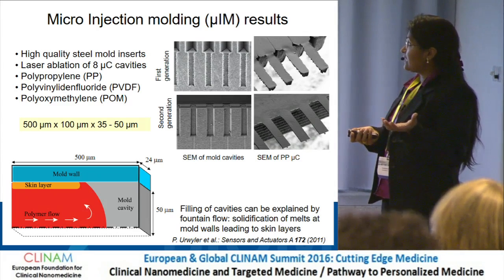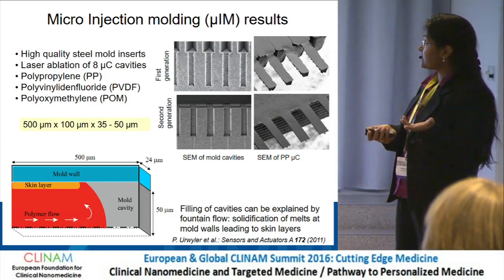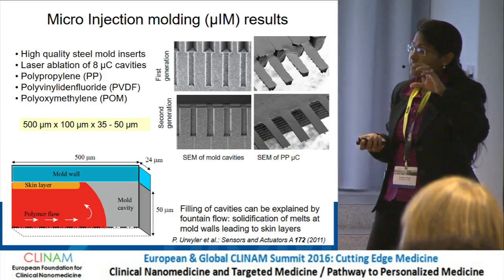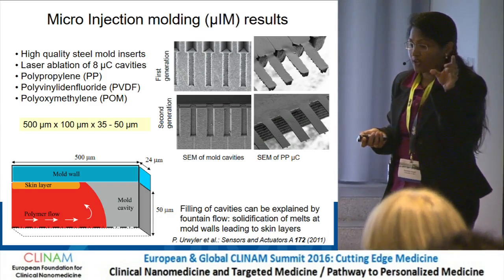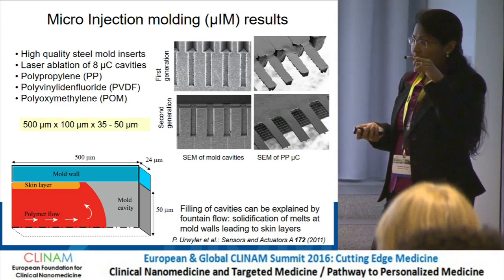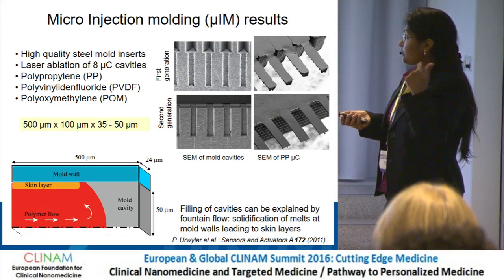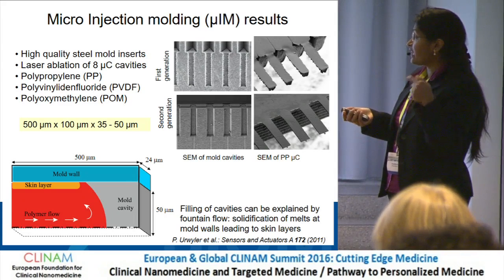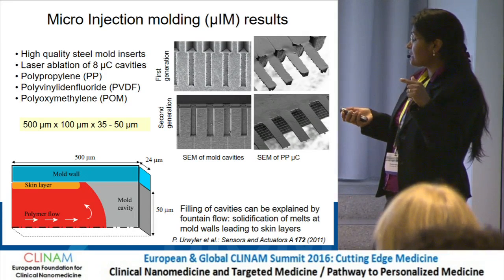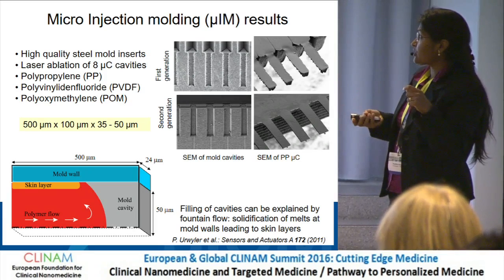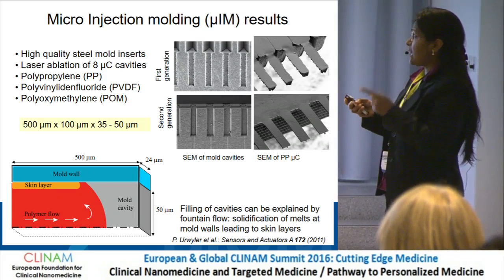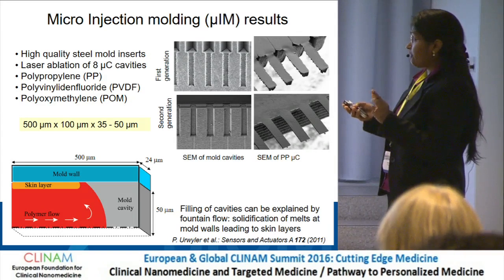So first you have a steel mold where we laser ablated it, and the first generation of cantilevers had a thickness of 50 micrometers, and 50 micrometers was not enough for deflection. It was too thick. And so we went on to a second generation of microcantilevers where we arrived at 35 micrometer thickness. And you see the dimensions of the cantilevers are 500 micrometer long, 100 micrometer broad in width, and